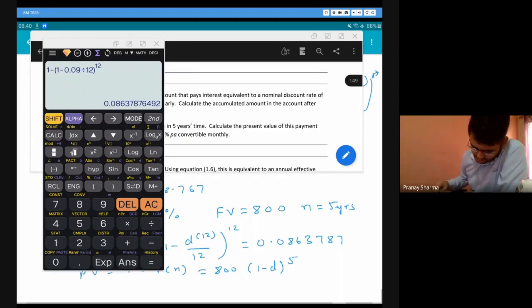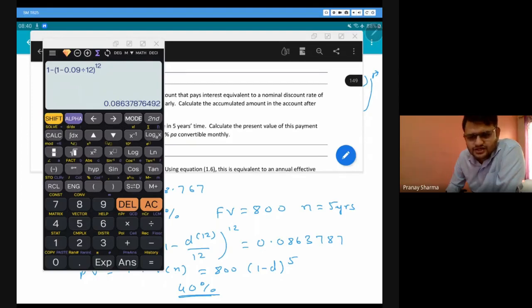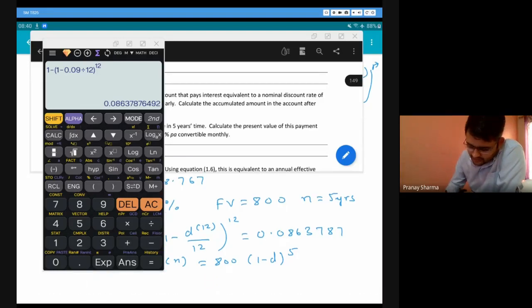Usually the maximum rate of interest that you will find anywhere is around 40% practically. Very rarely that also happens, but still 40% is viable. Maybe 45% would be viable, not more than that. But theoretically we can get any value, we can get more than 100% as well. Obviously they want to keep it a little bit closer to practical realities, so that is why we find only a few questions that go as high as 50%. So even if d12 is more than 12 does not really matter.